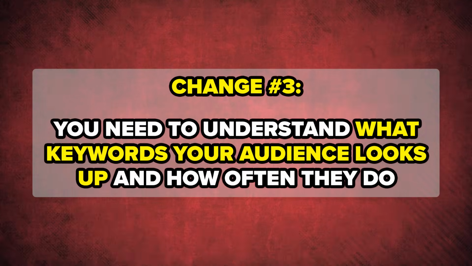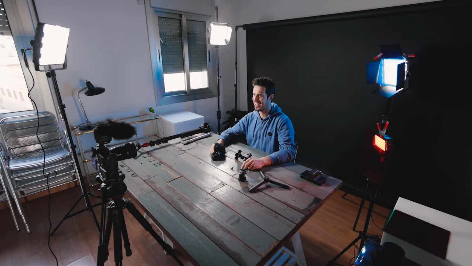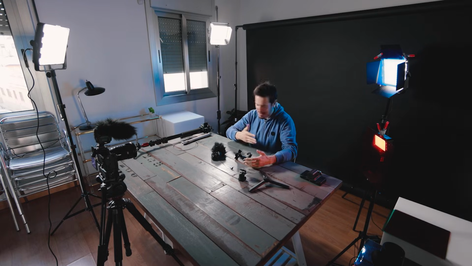Now, change number 3 is you need to make sure that you're only posting content that is in a format or on a topic that is trending in your niche right now. And this is one of the most important things with the current YouTube algorithm shift. This works both for lives, for long form, and for shorts content.